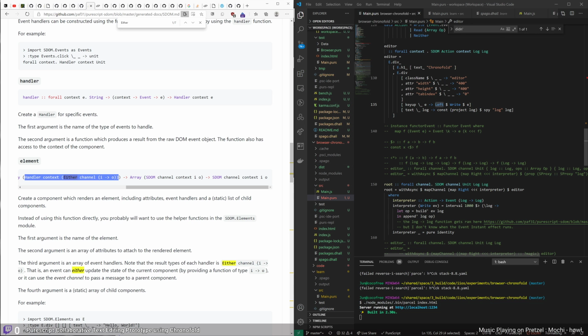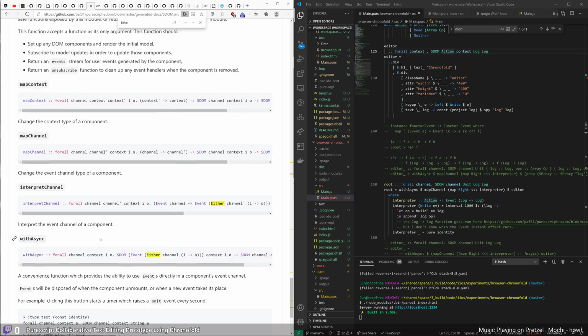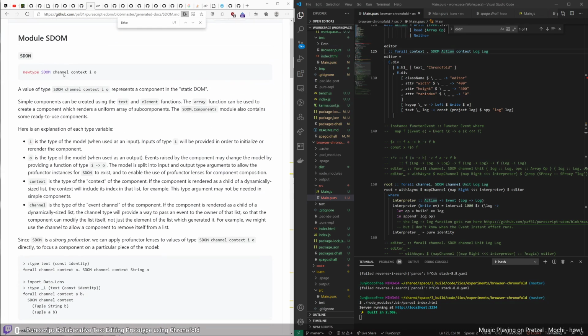Here, instead of doing a state change function, we're using a channel to bubble this write action through the action channel, which is part of our type for an SDOM component. Let me show you this. Yeah, channel is the first type parameter for SDOM. And so we have an action channel, and then in the parent component, we interpret these actions into events of